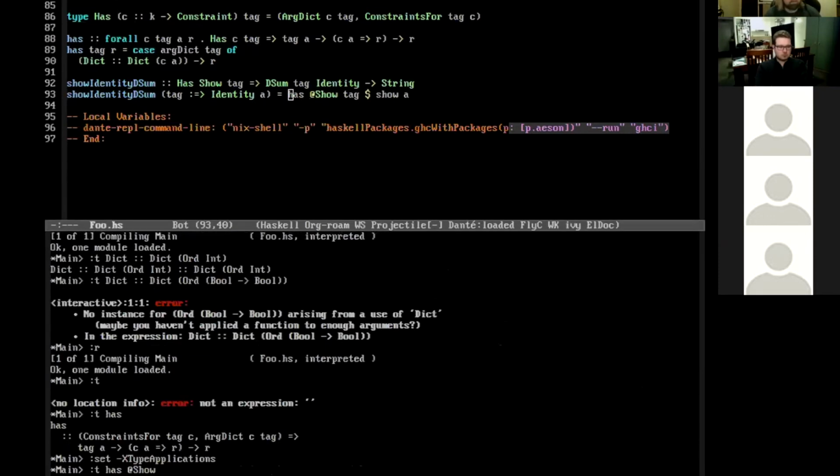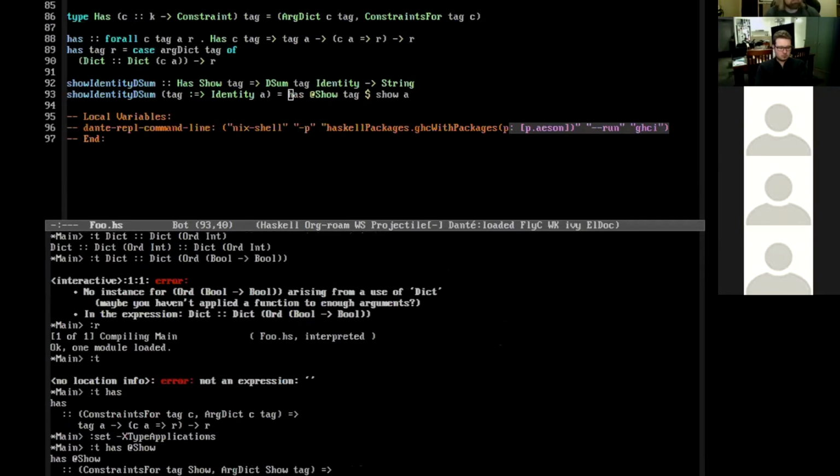And then once we've got that, we can show the right-hand side of any dsum that's using the identity functor without knowing much about the tag at all. We need the tag to have an argdict, but that's easy. We can get that from Template Haskell, or we can write it manually if we want. And so we're part of the way there.